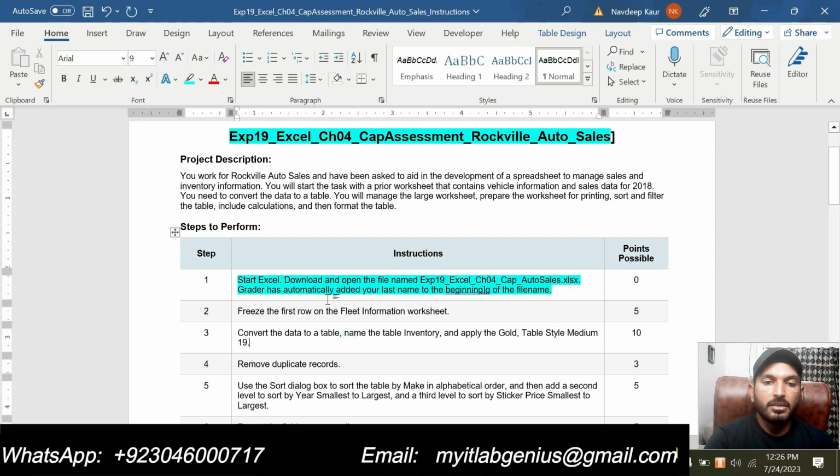So step 1 is start Excel. Download and open the file named EXP19 Excel chapter 4 Capstone Auto Sales. Grader has automatically added your last name to the beginning of the file name. So we are supposed to download the Excel workbook where we will apply all these instructions.